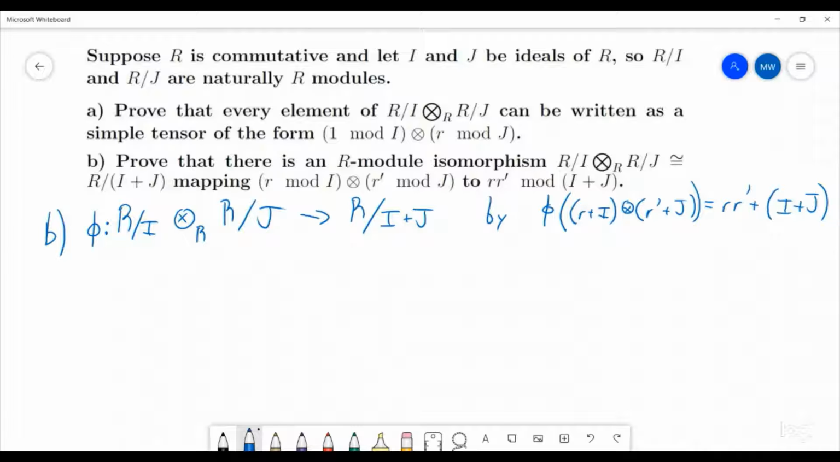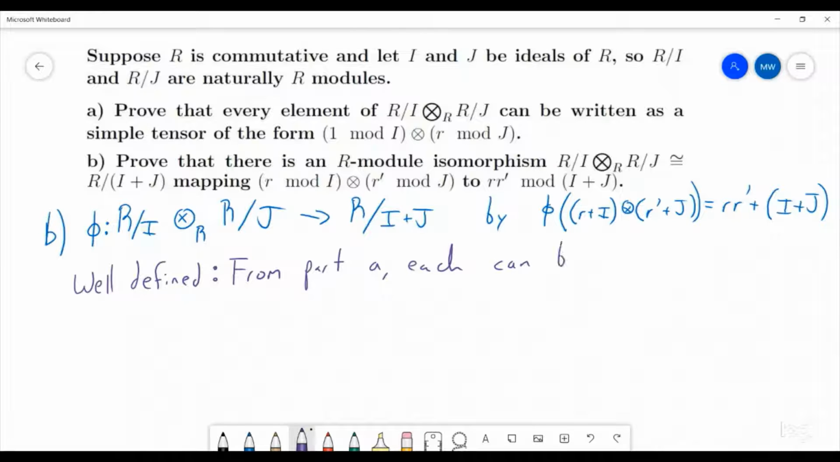Okay, so we're going to have a few different things that we need to prove. So first, well-defined. Why is this well-defined? Because we have a bunch of choices, we have to prove that this is well-defined. Well, what we have is from part A, each can be uniquely written as